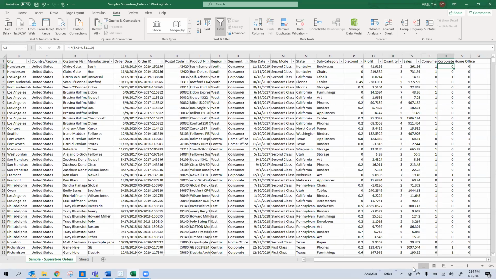And we've now used logic to transpose from a text-based consumer, corporate, home office to 3 columns with either a 1 or a 0 to state true or false as to which category it's in. So well done. We've gotten through 2 kind of heavy lifting, but very valuable exercises that I think serve really well. But now we want to start thinking, why are we doing this and how are we going to use